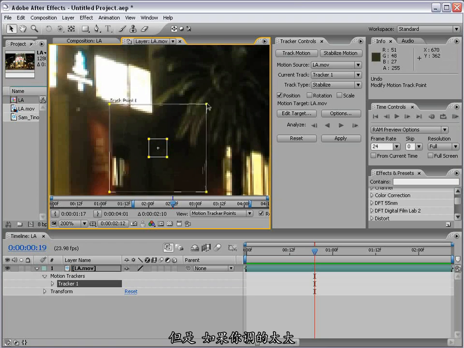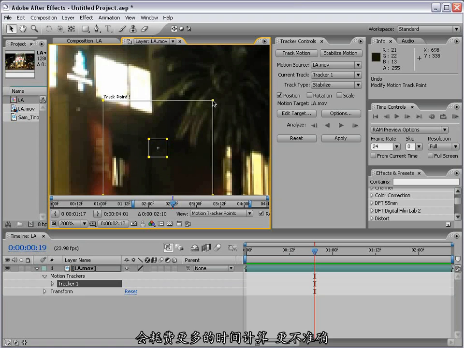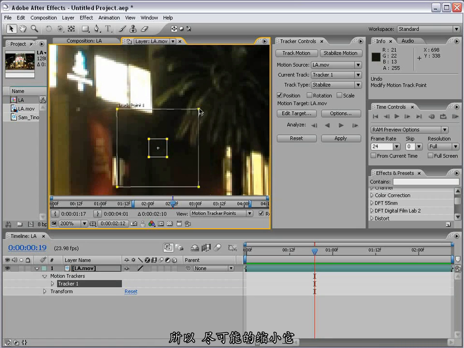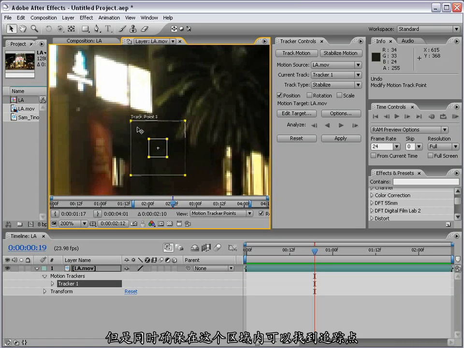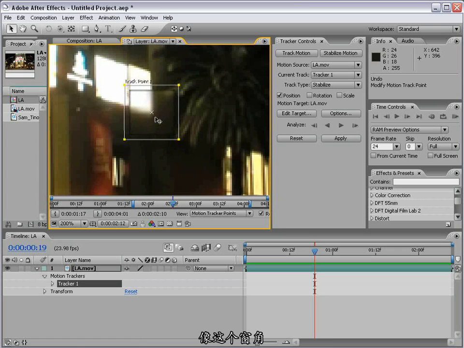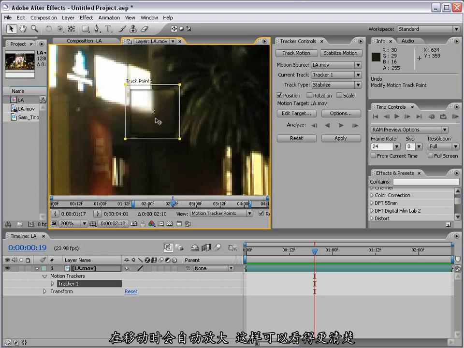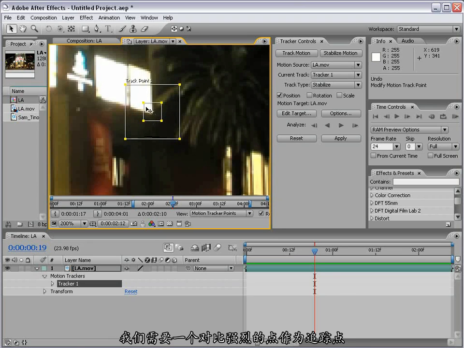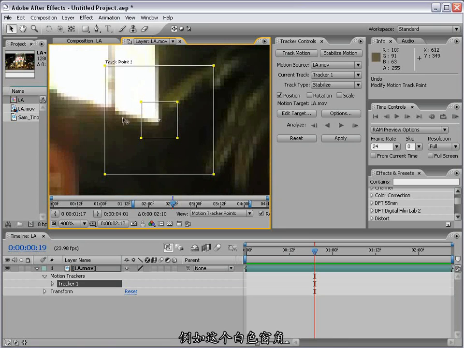Now if you make the search area too large, motion tracking can take a lot longer and be more inaccurate. So you want to make it as small as possible, but be able to search enough of the area to find that track point. Now, the track point works best on a high contrast area, like this corner. And as you can see, when you move it around, it sort of zooms in so you can see a little bit closer. So we want our track area to be on a high contrast point, such as this white